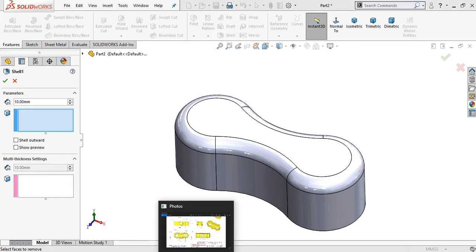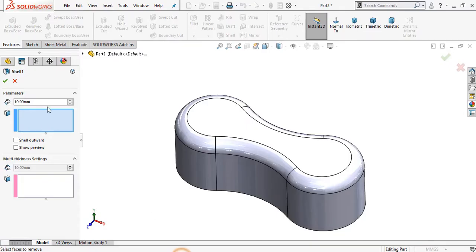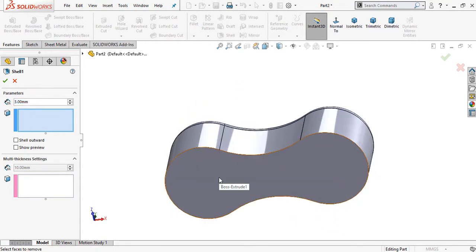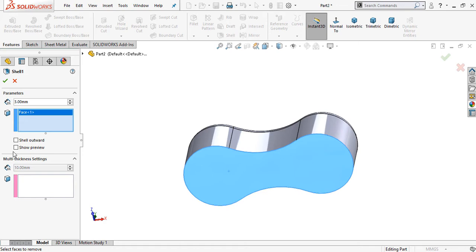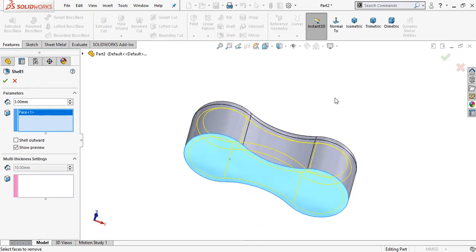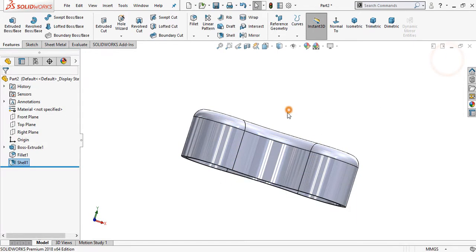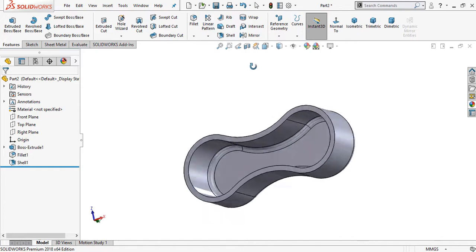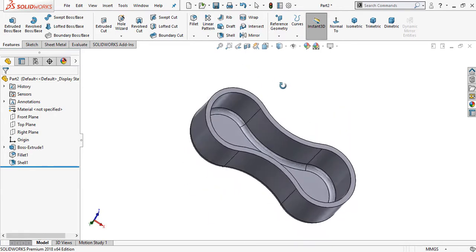In the thickness, make it 3 mm and select this face, bottom face. Select here show preview. Now you can see the preview. Okay. Now see, a cavity has been created inside the body.